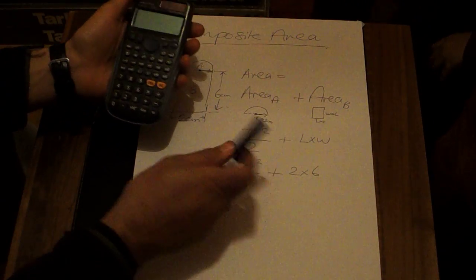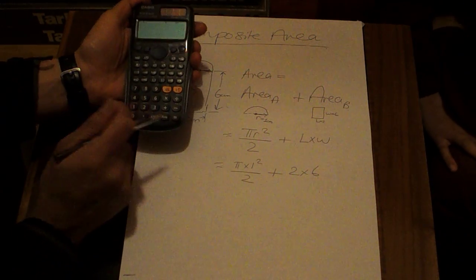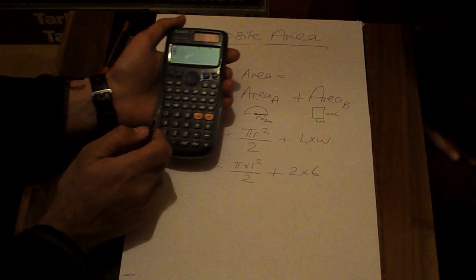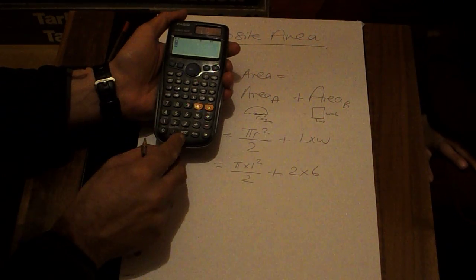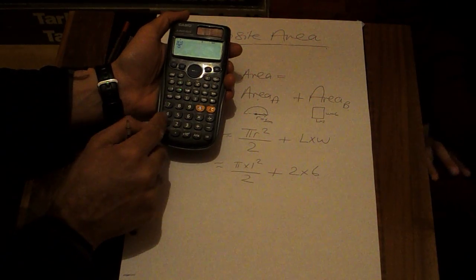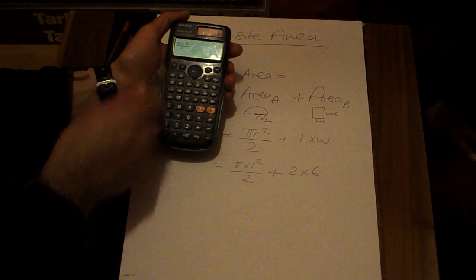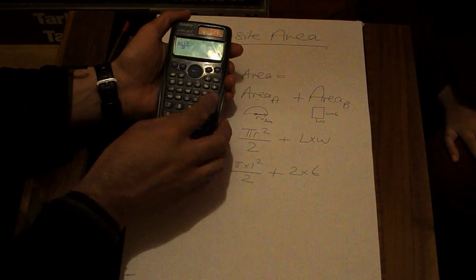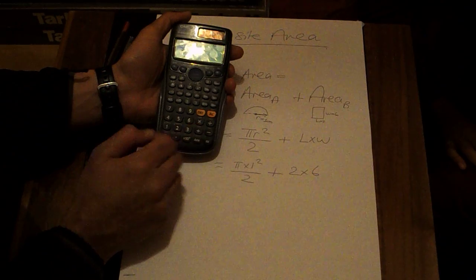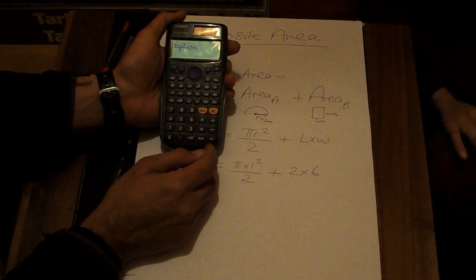Right, so if we switch on our calculator, now we have a fraction situation here, so you press the fraction button first. So you press shift and the times by 10x, that'll give you pi. Times by 1 squared, as we see there. You press the replay button, that brings the cursor down, put the 2 on the bottom. And then you press replay again, that brings it up, put the plus. And then we're going to do 2 times by 6, and that will give us,